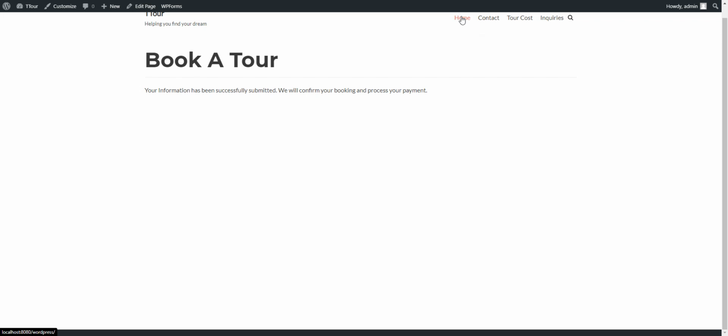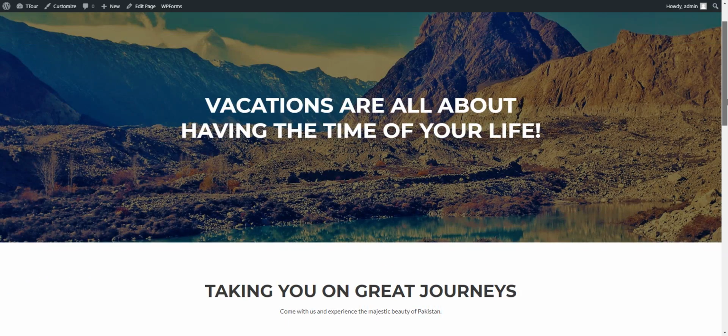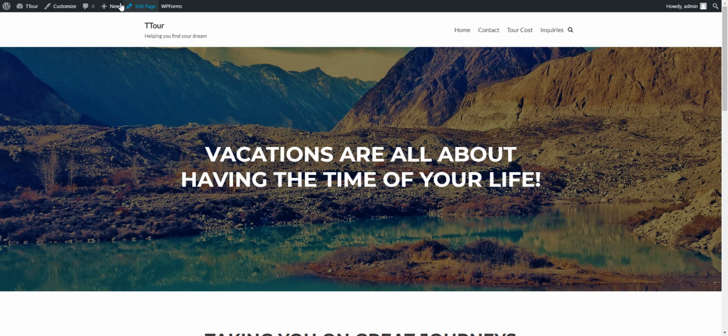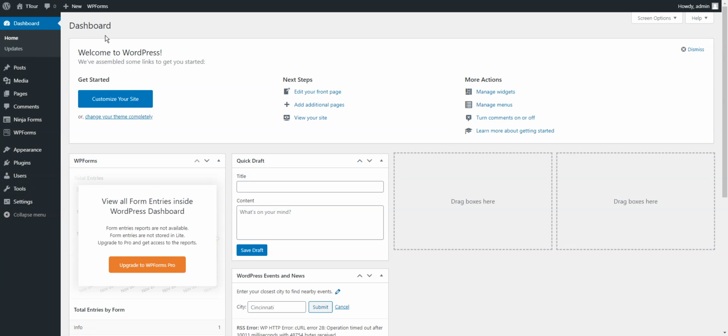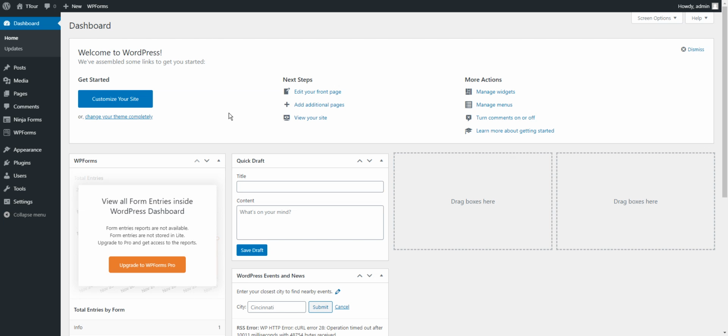So as far as the website is concerned, I have provided an overview of how the front end of my website will look and what major functionalities it will offer. Now let me show you the admin area in order to show you how I can manage my website. This is a simple dashboard. WordPress allows you to manage your posts, media, and pages. It allows you to add plugins or change the appearance of your website. So this is where I overall customize my website.